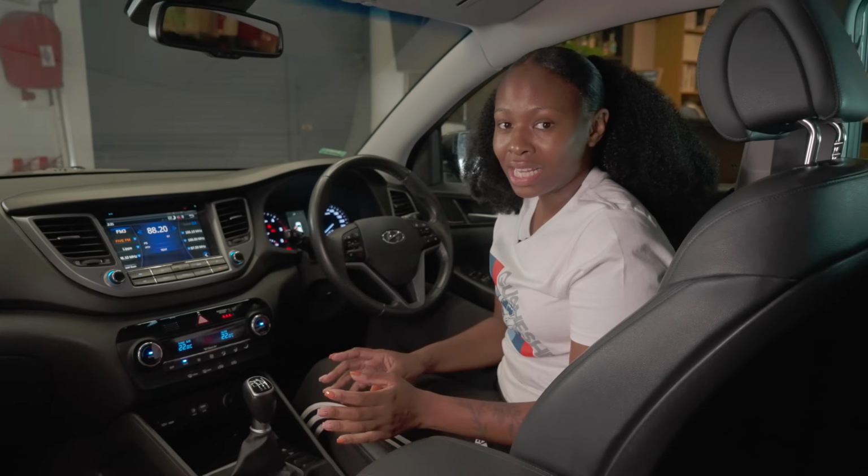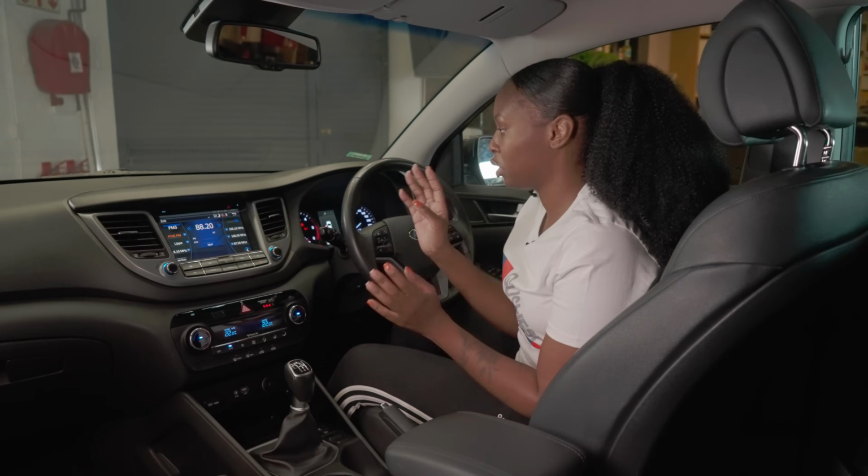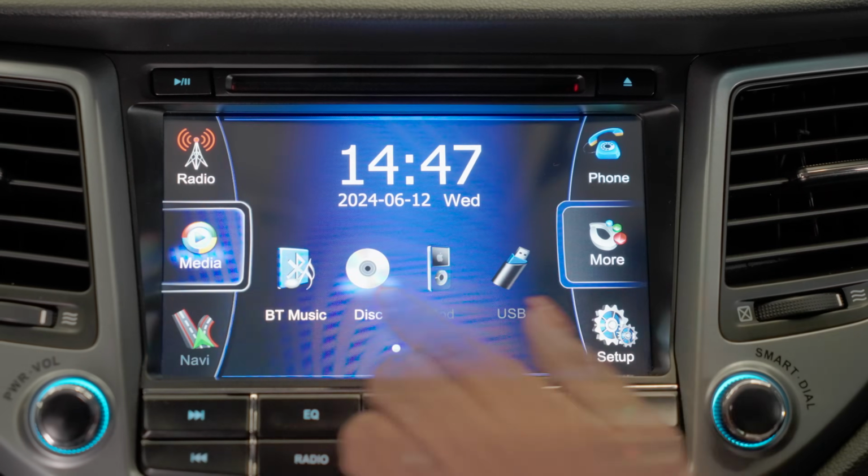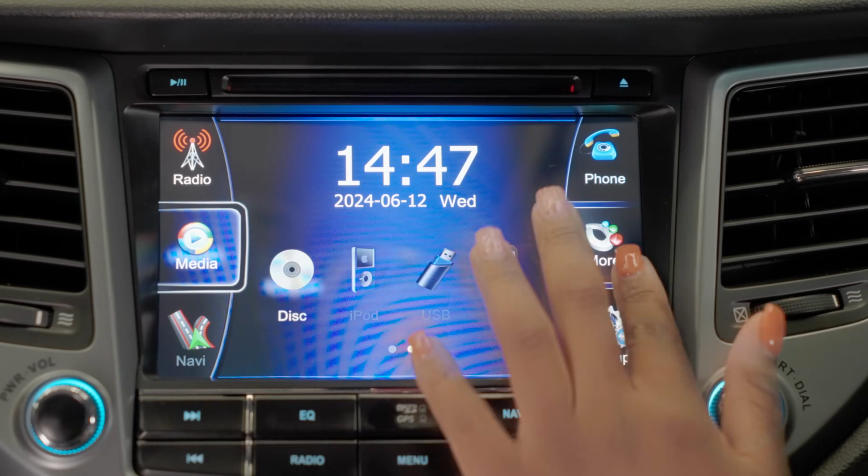Now let's get into the cons of this vehicle. Number 1, it has a seriously outdated infotainment system screen. I mean, you also have a slot for a CD. This looks like a Subaru, man. This reminds me of a Subaru, like, wow, I mean,